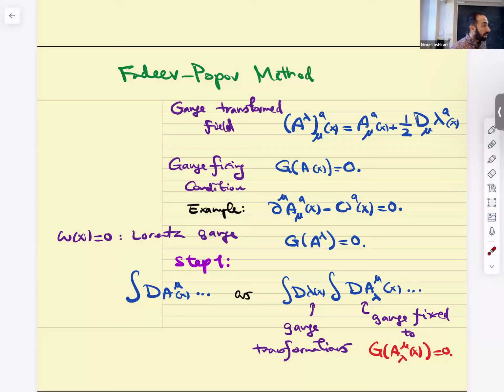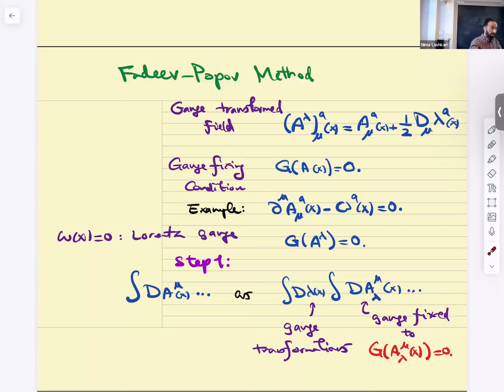Right? So I have an integral that is overcounting the gauge. There are all sorts of gauge redundancies. I'm going to write this integral as an integral of the gauge fixed thing multiplied by the other stuff. Now, dividing by gauge redundancies is just dropping that multiplication. So this is gauge fixed now, which means that I'm going to stick inside this path integral, g of A^λ(x) equal to 0, as a Dirac delta. That's my goal in step 1.